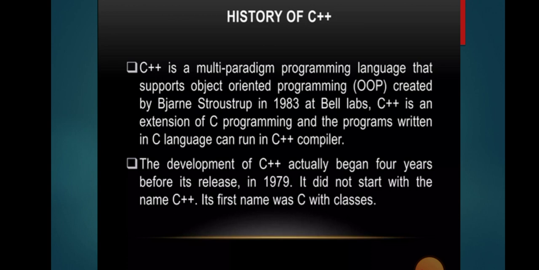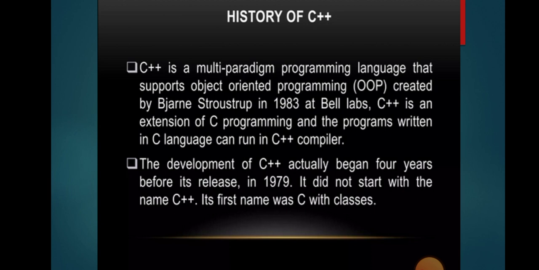We all know that C++ is an object-oriented programming language. Okay, so what is C++ and what is its history? C++ is a multi-paradigm programming language that supports object-oriented programming, that is OOP, created by Bjarne Stroustrup in 1983 at Bell Labs. C++ is an extension of C programming, and programs written in C language can run in